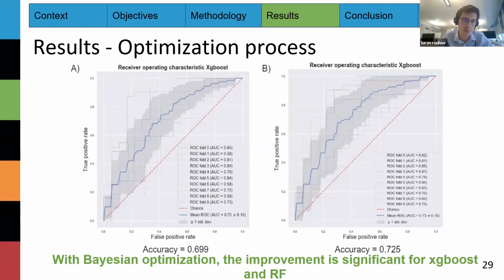A bit about our optimization process. We can see here that it has some pretty good results, and it was not tested previously, so this is some interesting information: the Bayesian optimization is a reliable tool to improve our model performance in that case, because the improvement was significant for both models. Here you only see the result for XGBoost, but the accuracy improved by 2.5%, which is pretty great. So we now have closer to a 10% improvement.